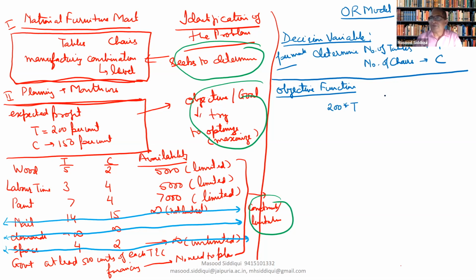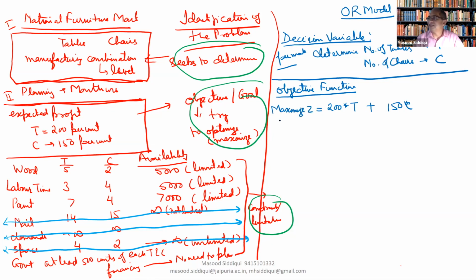Now we move to the chair part. As it has been mentioned that the profit from a chair is 150, and we have decided to manufacture C number of chairs, the profit from the chairs would be 150 into C. Again, the inherent assumption is that whatever the number of chairs would be, the per unit profit would always remain constant at 150. So this is the profit from the table, this is the profit from the chair, and we are interested in the total profit. So we assign a plus sign in between these two. It will constitute the total profit, and we try to maximize this total profit.